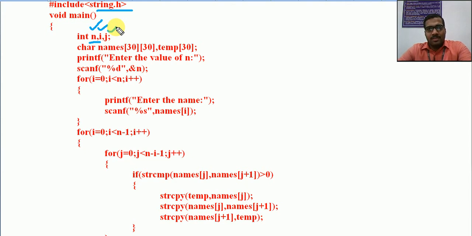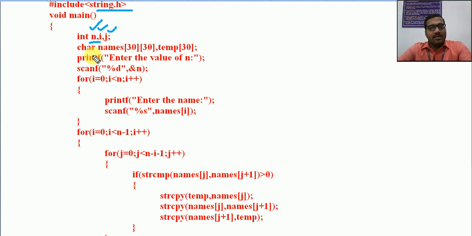Just imagine in that single dimensional integer array, at, for example, the 0th location we had a number, but in this case at the 0th location we have a string, the entire string. That entire string itself is a character array, that is again an array, remember that. Similarly, from an integer array, consider that the first location is a character array. We have a string there. Remember that a string is again an array. Okay, so that is what a two-dimensional character array is.